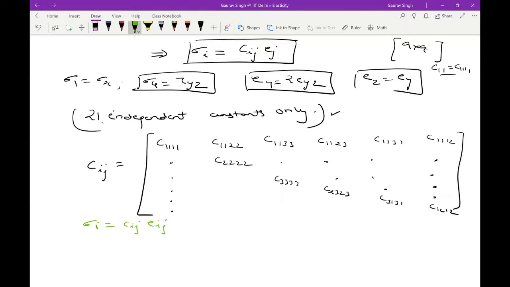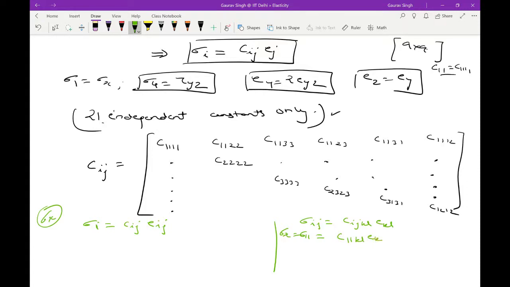Okay, and let me write the other one, sigma ij equal to Cijkl Ekl. Okay, now if I write this term for, let me take up the first one, which is sigma x. Okay, so sigma x would be equal to sigma 11 according to this convention, and that would make it C11